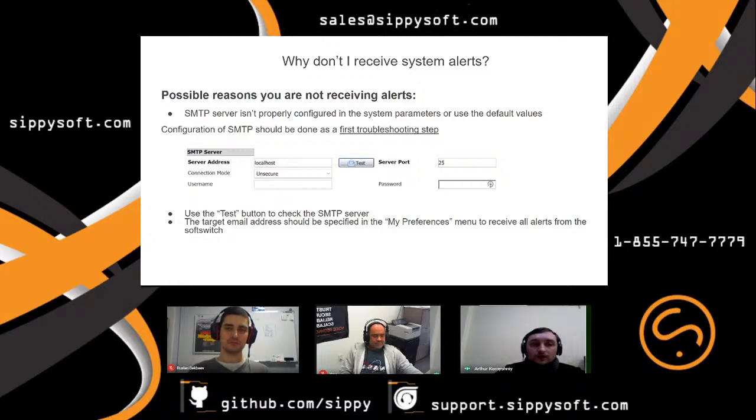So when all configurations are done in this section, the switch operator should click on the Test button, and using this button he may test his SMTP server by sending a test email, which he may also, by the way, specify in the opened window after clicking on this Test button.